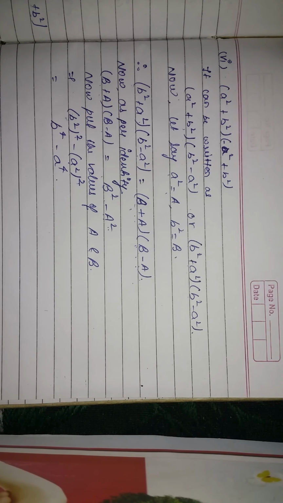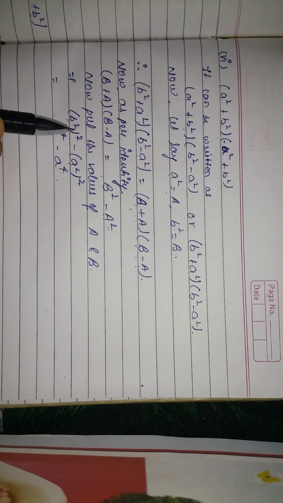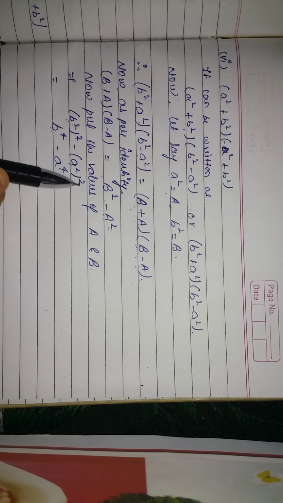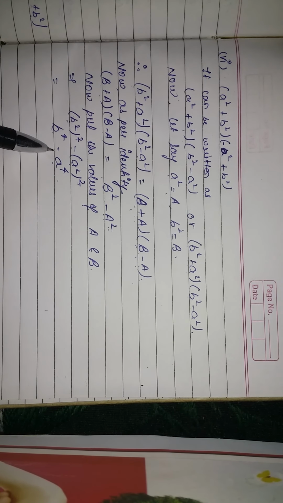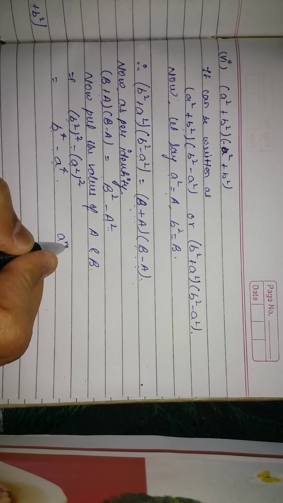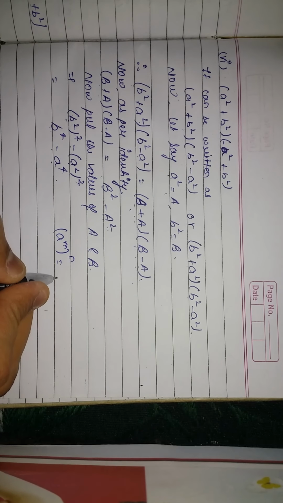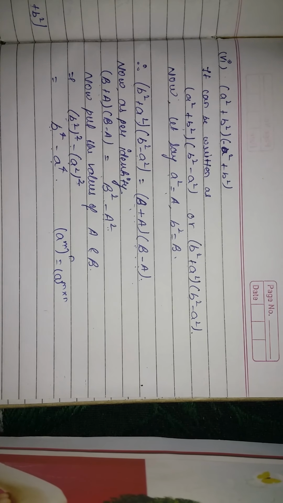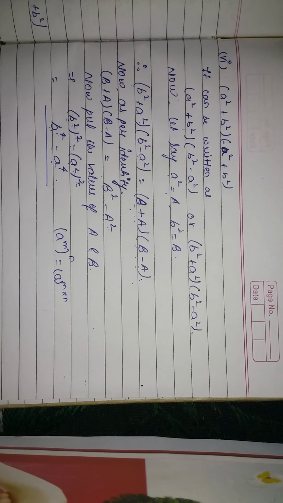Now I hope you are clear with the concepts of exponents and powers that we read in our previous class. This b square raised to the power square will be b raised to power 4. (a square) whole square will be a raised to power 4. Since minus is given, so minus is given. The concept was this: if you have a power raised to a power, then you multiply the powers, right? The same thing has been done here. 2 into 2 is 4, 2 into 2 is 4. In this way you have to do the remaining parts of question number 1.